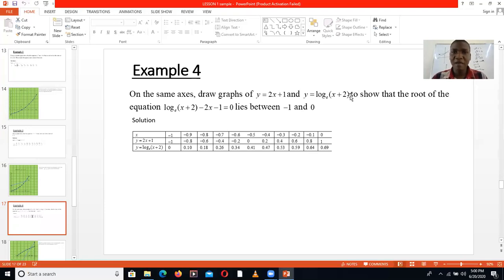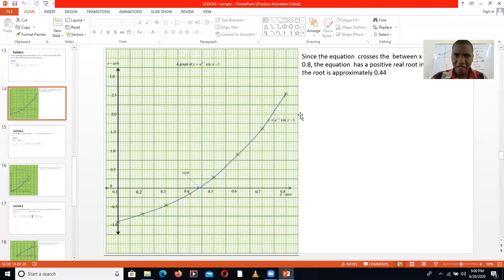If they say on the same axis, draw graphs, that is already telling you that you should use a two graphs approach. Or if they split the function already for you, like in the previous example, that is already a two graphs approach. In this example 2, they gave you a single function which they did not split. So in this case, you're supposed to use a single graph method. Okay, so